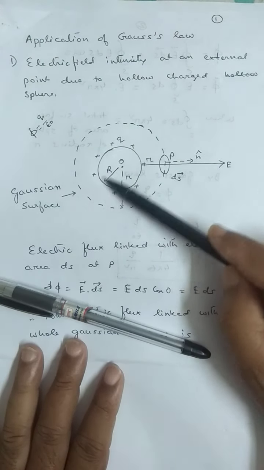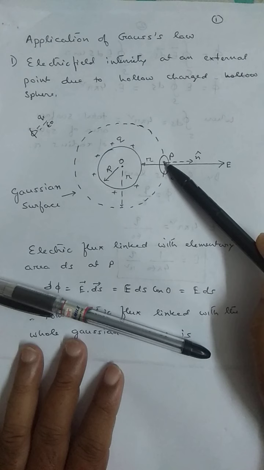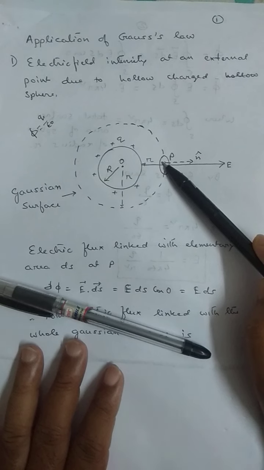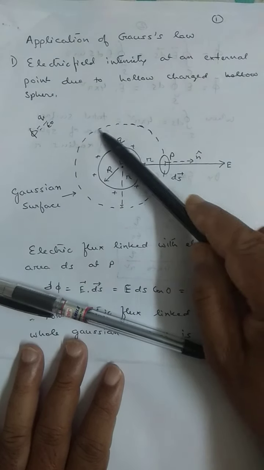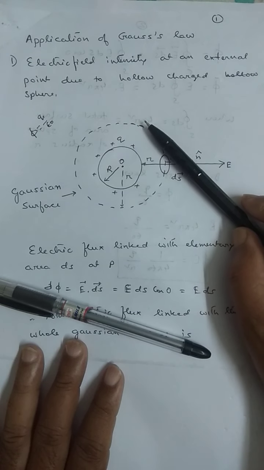Okay? So, in order to apply Gauss's law to find the electric field intensity, we require a closed surface. Generally, this closed surface is taken as a symmetrical surface. I may consider a cubical closed surface also, but in that case, the flux calculation becomes a little bit more complex.